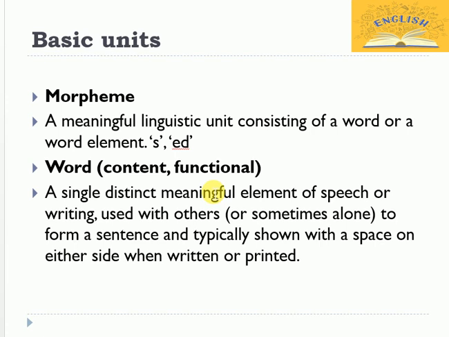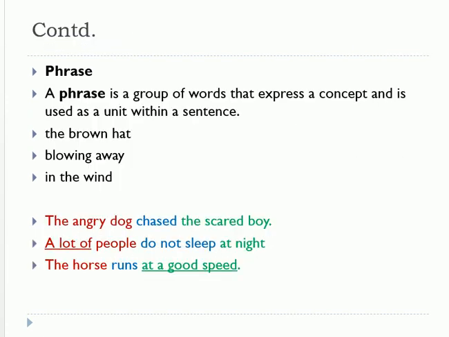And now what are functional words? Functional words belong to the closed class, which means that new members are rarely added into it. For example, prepositions, conjunctions, articles, auxiliary verbs, pronouns. These are the kinds of words which do not evolve with as much speed as content words do. So that's the brief introduction. We will move on towards the next unit of